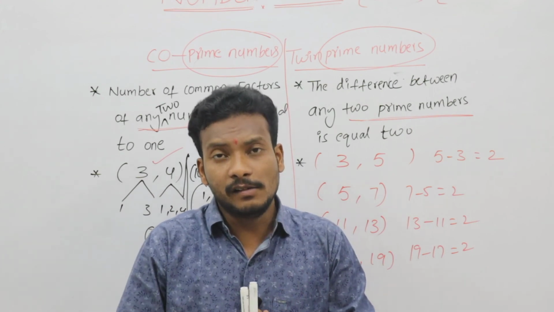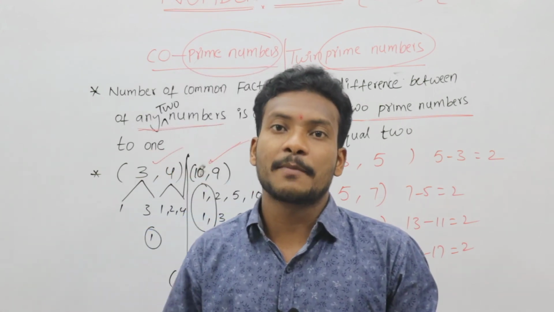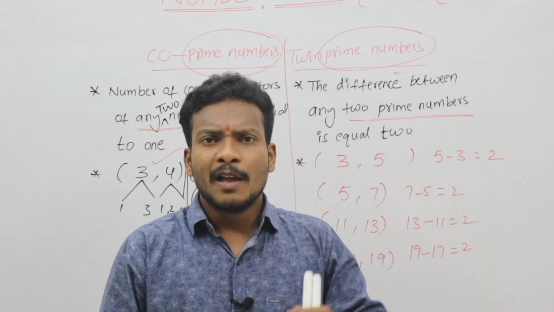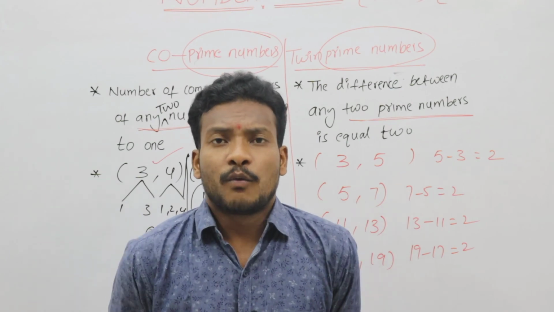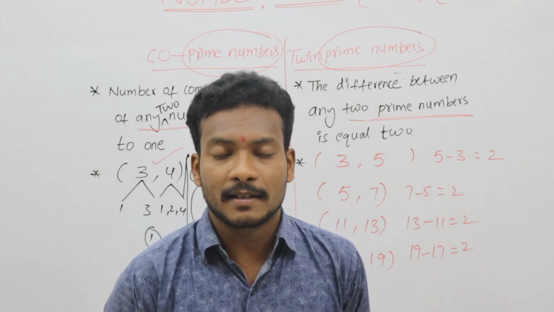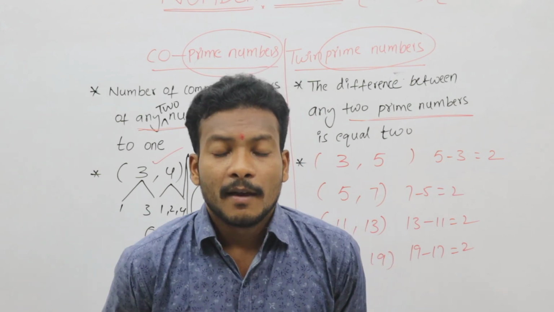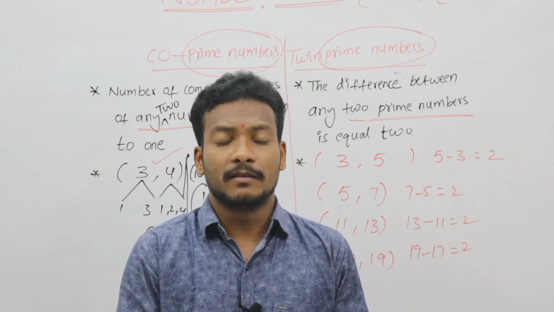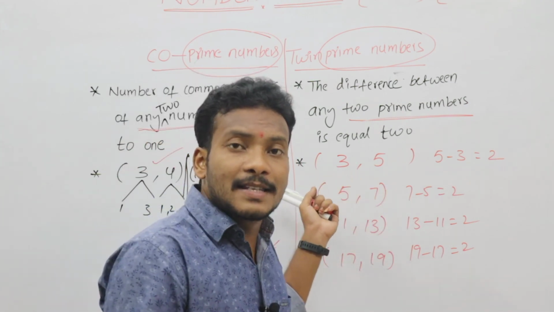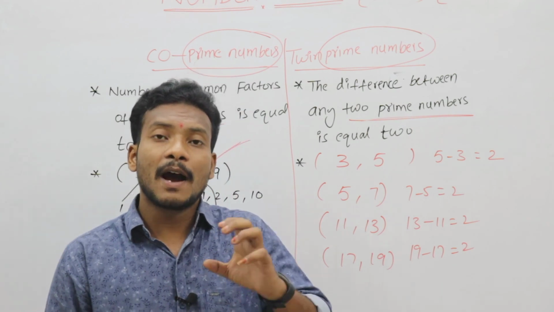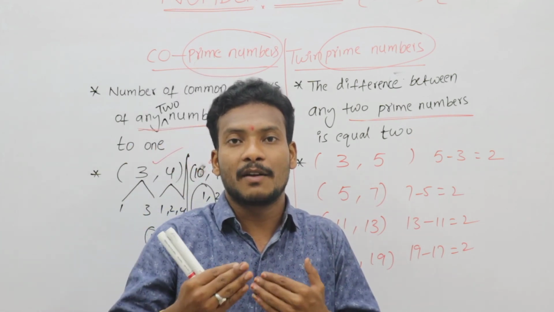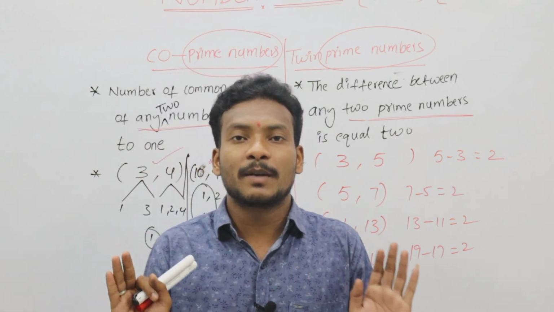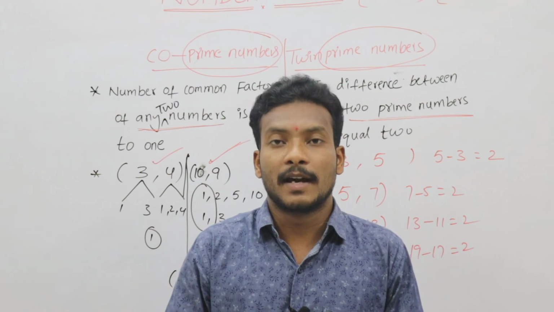Why are we learning about types of numbers? These types of numbers occur in examinations or in the average chapter. For example, if the examiner asks to find the sum of the first 5 prime numbers, we need the numbers first. If we don't know the prime number definition, how can we answer the question? That's why we first write the definitions and one example. You have to follow it like that. This is the brief and complete explanation about types of numbers.